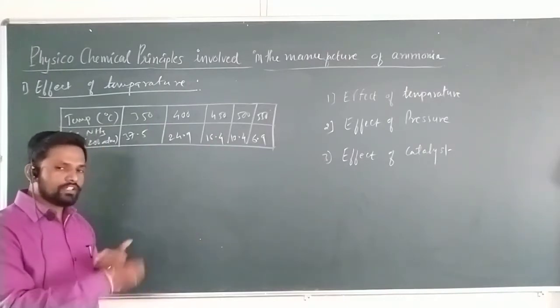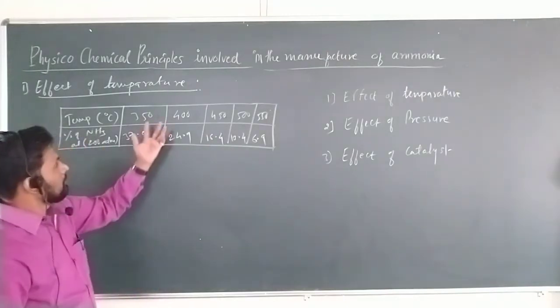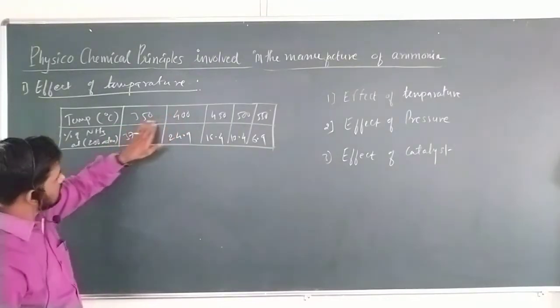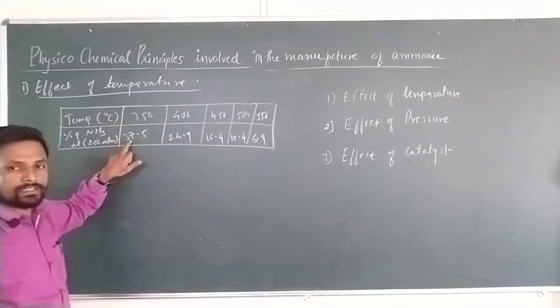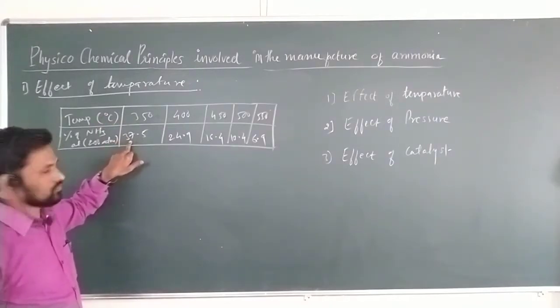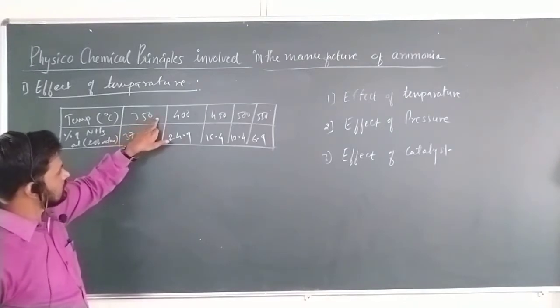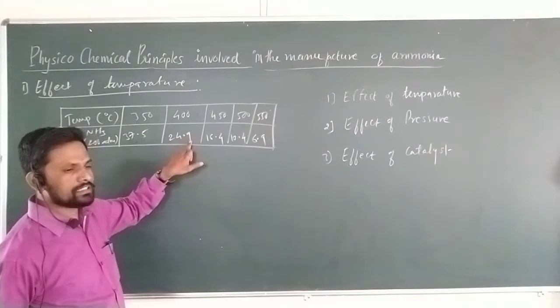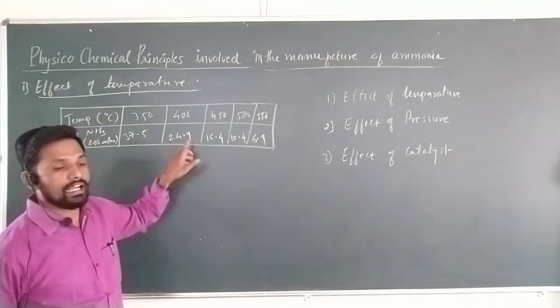Whenever there is an exothermic reaction and the temperature decreases, the percentage formation of ammonia is very high. So at 350 degrees Celsius 37.5, at 400 degrees Celsius 24.9, there is a sufficient percent yield